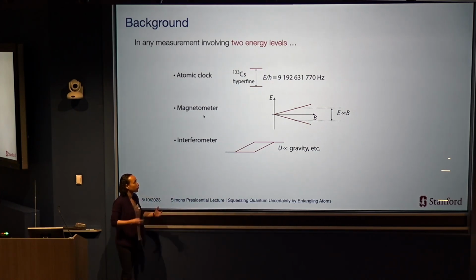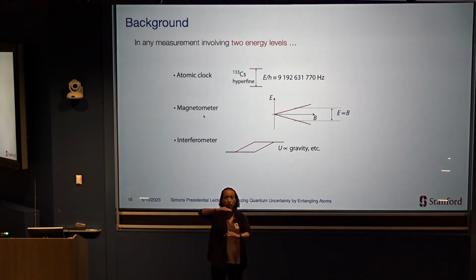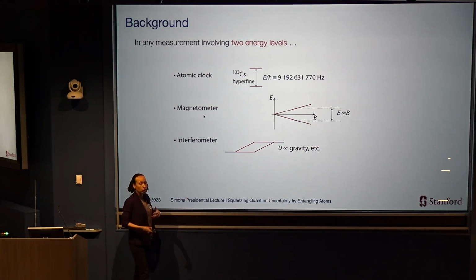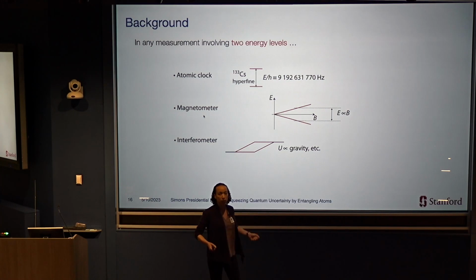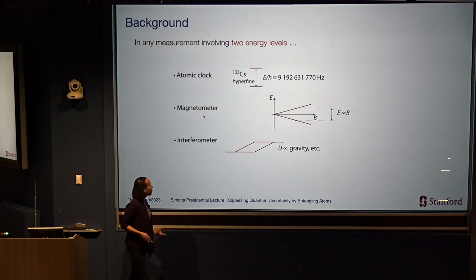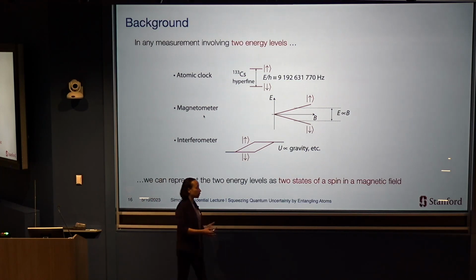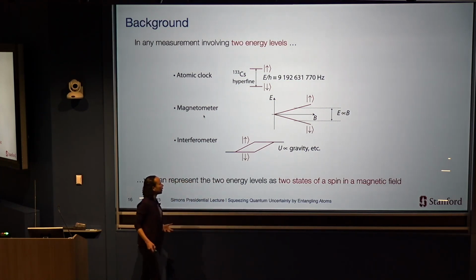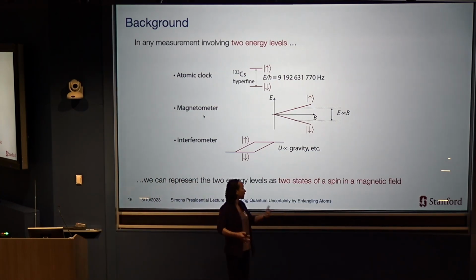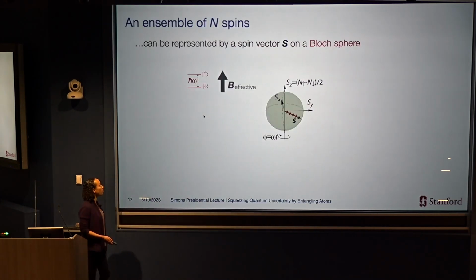But that basic task of atomic spectroscopy also lets you do things like precisely measure magnetic fields, if the two states whose energy difference I'm measuring are sensitive to the strength of a magnetic field. Or it could let you measure gravitational potentials, if the two states are different paths of atoms through space, at different heights. So this is a very powerful general tool, of precisely measuring the energy difference between two states of an atom. And no matter which of these applications we have in mind, we can visualize these two different atomic levels as two different orientations of a spin in a magnetic field, aligned with or opposite the field.